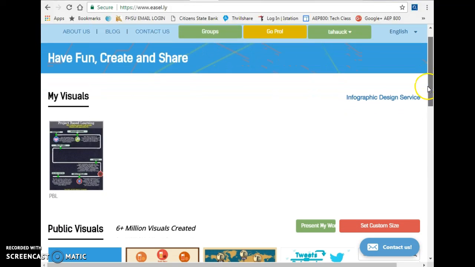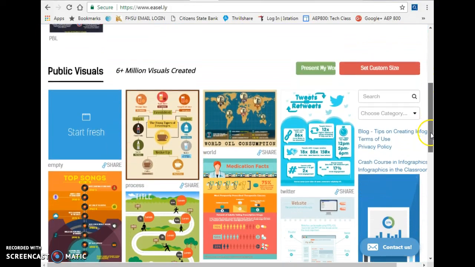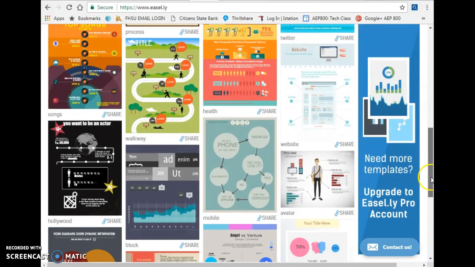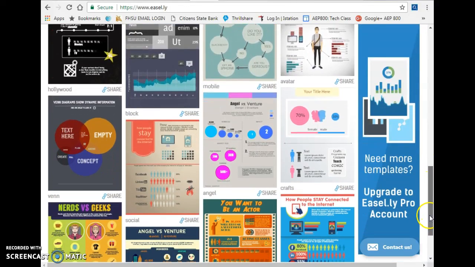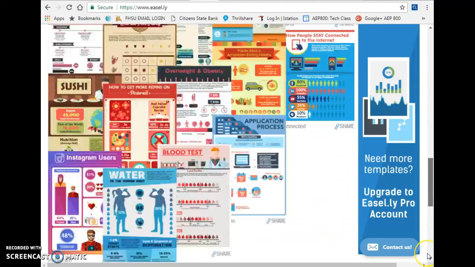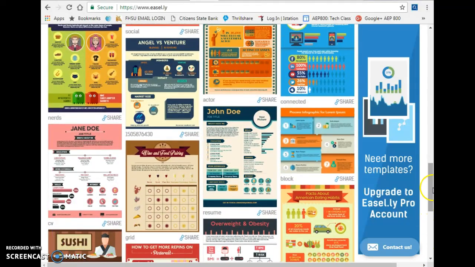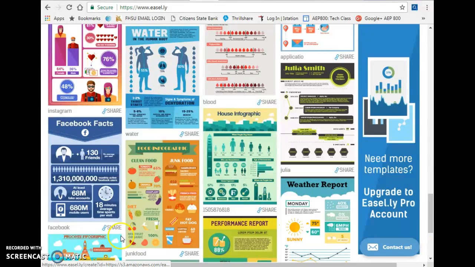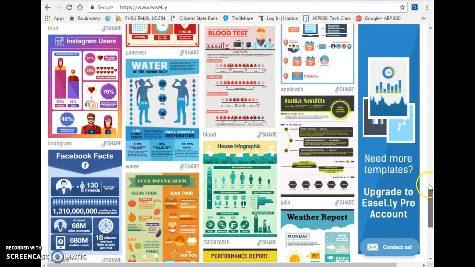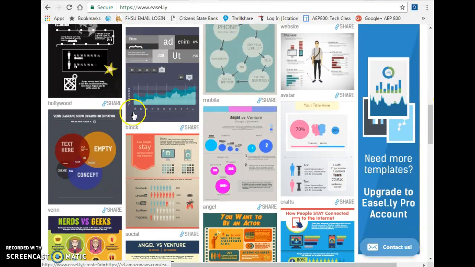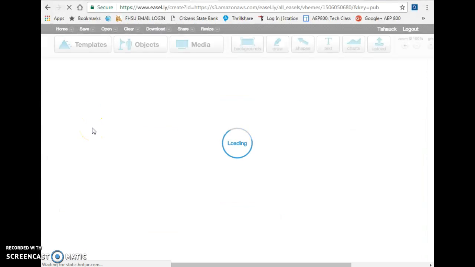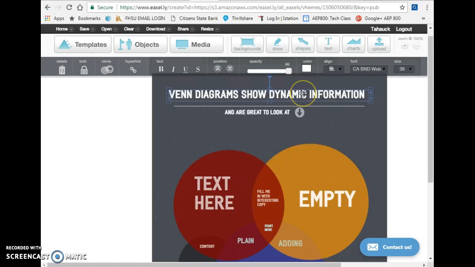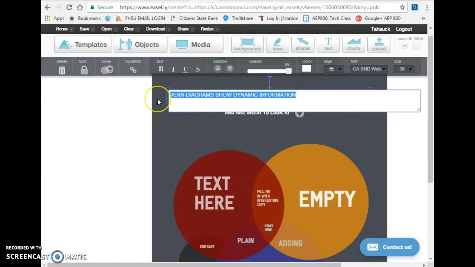I looked through the different templates that are available and just chose the one that seemed to fit my needs the best. And I'm going to choose one as well for the sake of this tutorial so that I can show you how to use it. And I'm going to click on the one, I think there was a Venn diagram, there's one. I'm going to click on this one just so I can show you some of the things that you can do with Easily. So if you're changing your text, you just double click on it, and